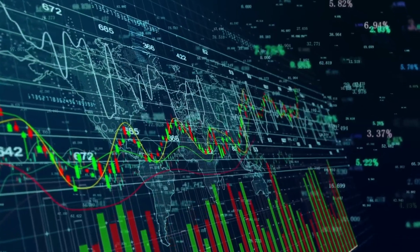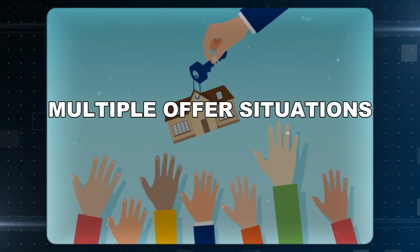I think the other thing that I want to mention is that price wasn't what you said your strategy is. It's not highest price right up front. It's the other thing. So how important is that initial offer price to that offer getting accepted or competing in multiple offer situations? Well, so everybody thinks